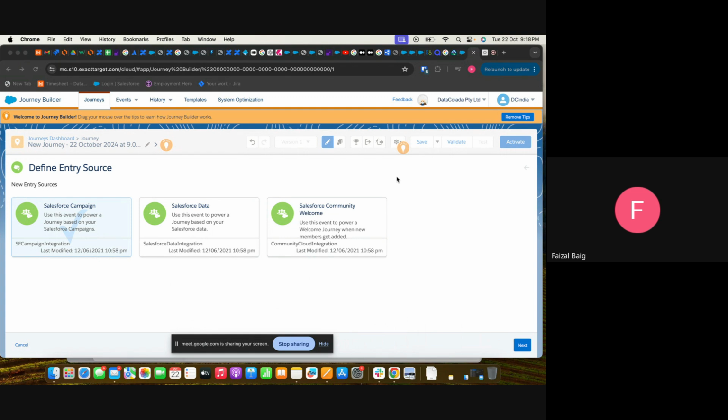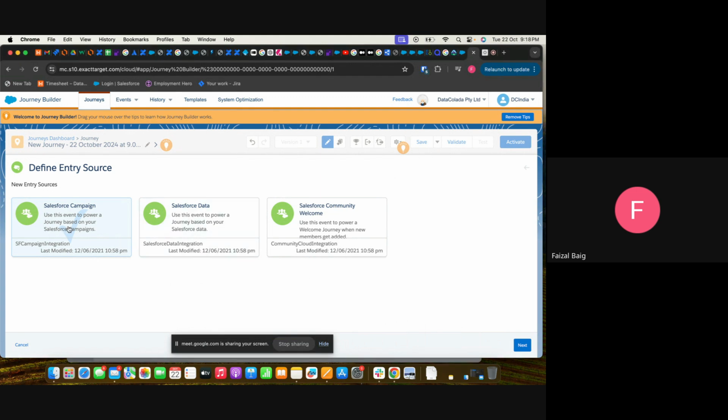Then the automation rule will add that specific record into the specific data extension, and then it will go to the journey path. Instead, it will be entered into the journey within a fraction of seconds.